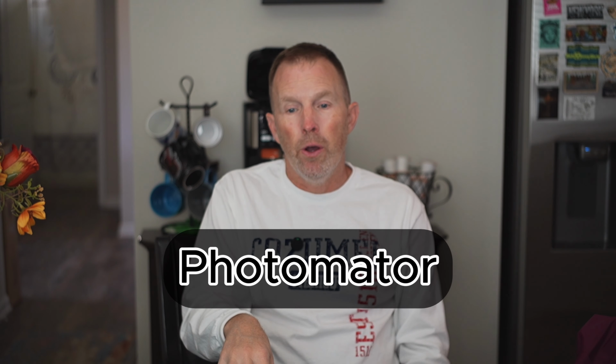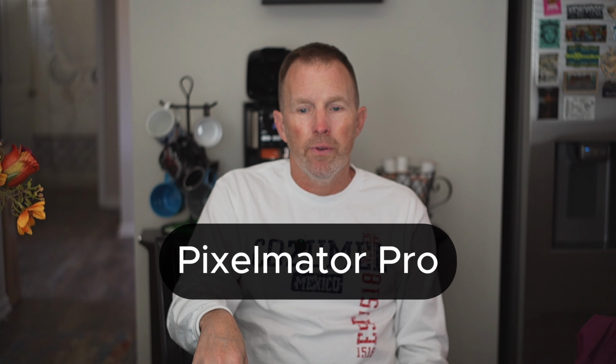I did download, I think it's called Photomator. It's the downscaled version of the photo editor that comes with the Creator Studio from Apple. So it's the scaled down version. It's not the big deal one. And just trying to use that one was very intuitive. Okay, it was very easy to use,